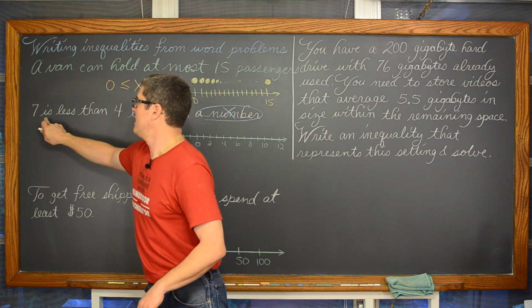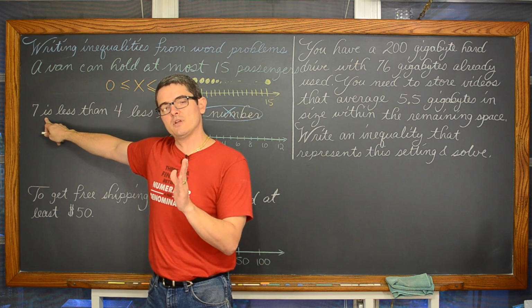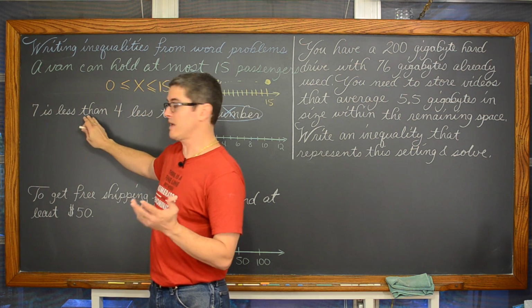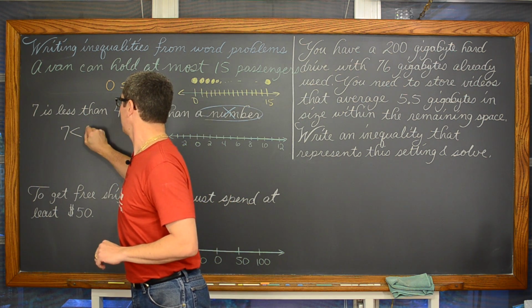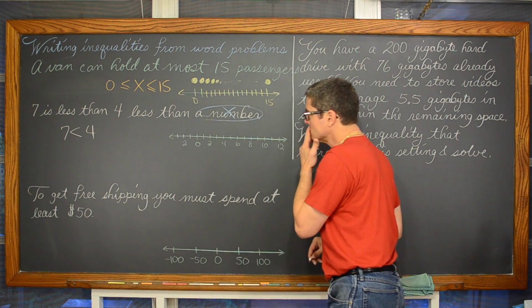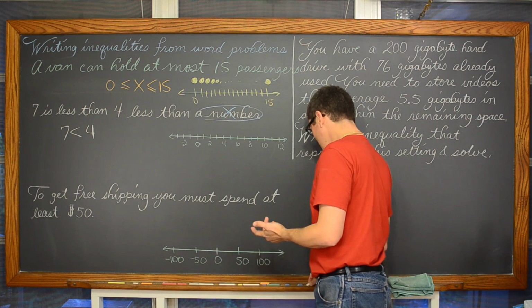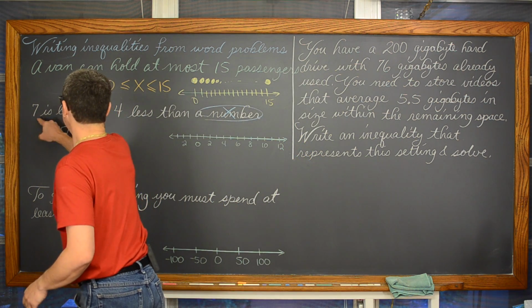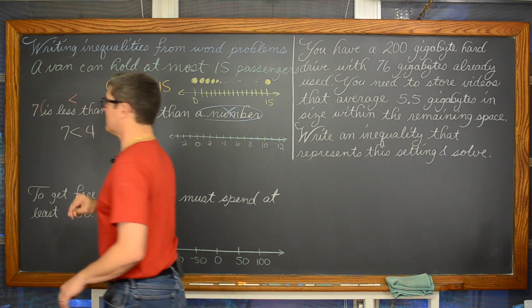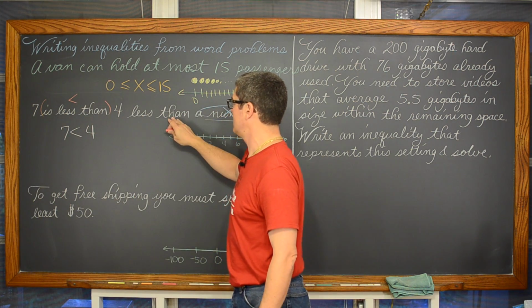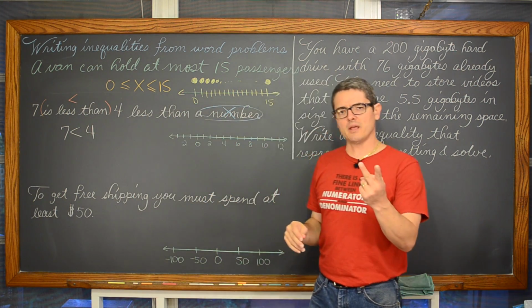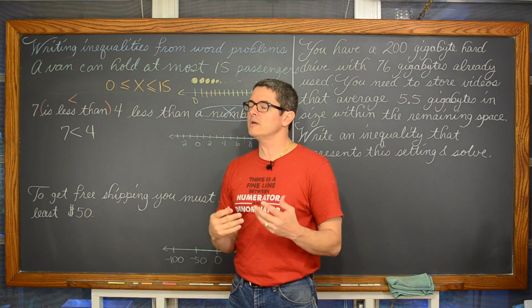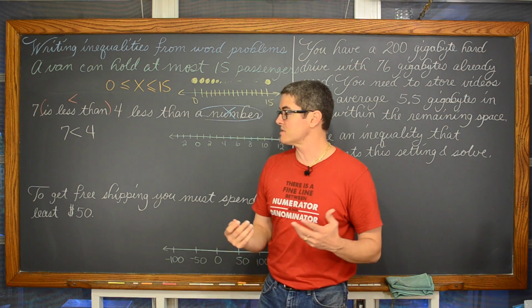"Is less than" indicates that definition between the left and right hand side of the equation, but it's not going to be an equal sign, it's less than. So 7 is less than 4. And now I'm looking at the same two words together, like what's going on? "Is less than" is a less than symbol, but now I see less than and more than. If that word "is" is not next to it, then you go into addition and subtraction, or sum and difference.